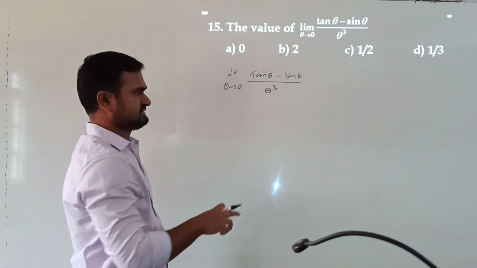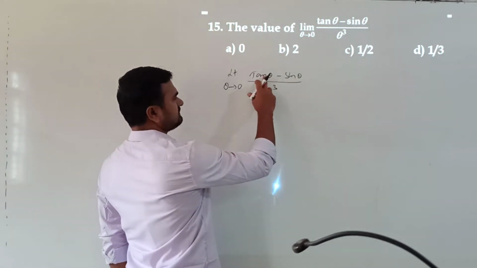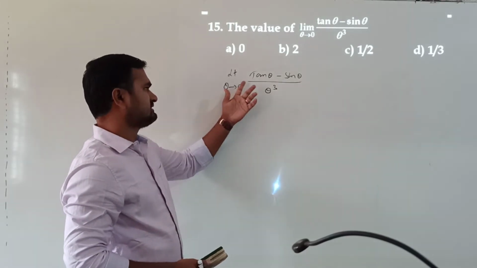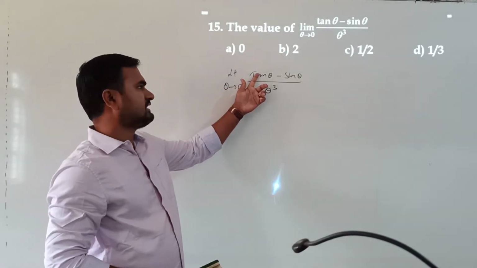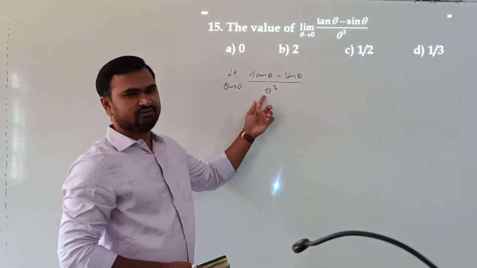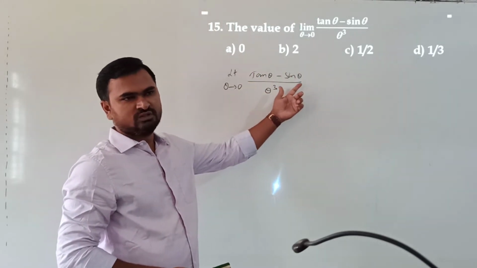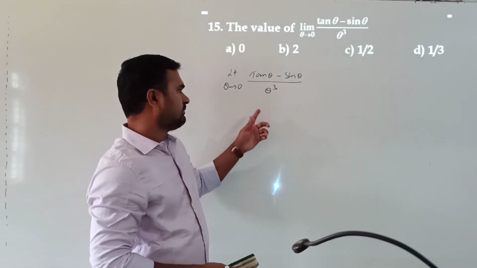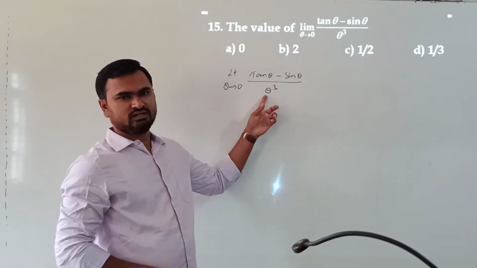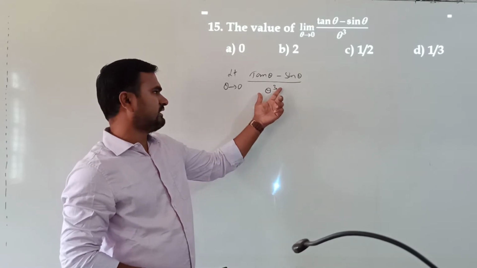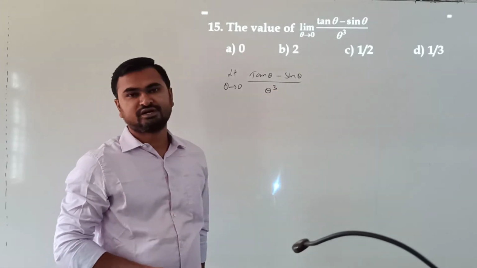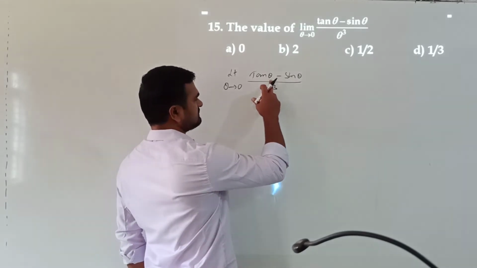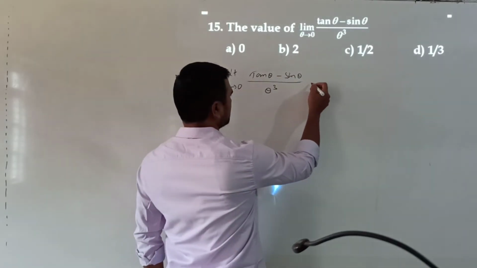Now here, let us take tan theta common, because if you take theta 0, that means tan 0 is 0, sin 0 is 0, divided by 0. So we have 0 by 0 form. Now that is indeterminate, so we can apply L'Hospital rule. But applying L'Hospital rule will be lengthy because the denominator is theta cube, so you have to differentiate 3 times. So differentiating 3 times will be lengthy. So that's why I'll take tan theta common in the numerator.